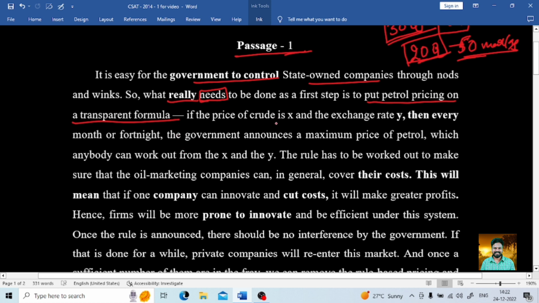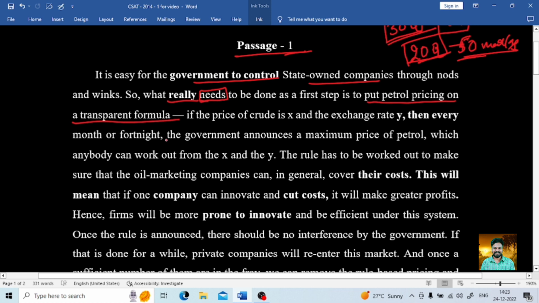Done. If the price of crude is X and the exchange rate is Y, here we have nothing to deal with the exchange rate, because in my question, listen carefully, I'm not going to underline this. Why? Exchange rate is not at all in the question. Did we see anything like exchange rate in the question? If exchange rate is not there in the question, they are using some words here just to confuse the student. I will avoid this. If the price of crude oil is X and the exchange rate is Y, we don't know what exactly they are talking about in the future. But at present in my question, exchange rate is not my keyword. I'm not underlining it. I'm not worrying about it. This statement I'm not worrying about.